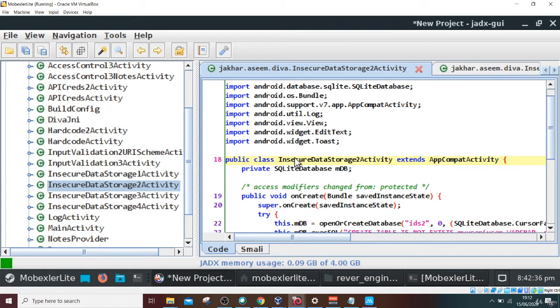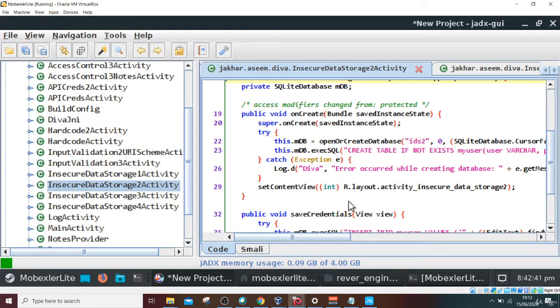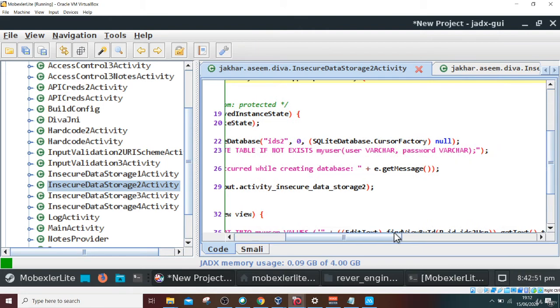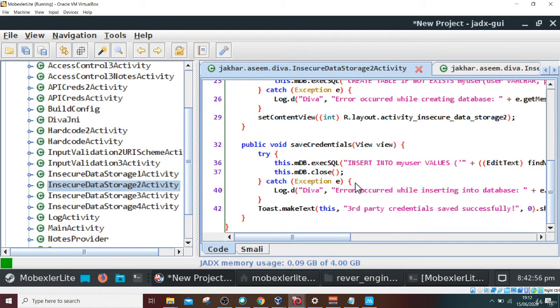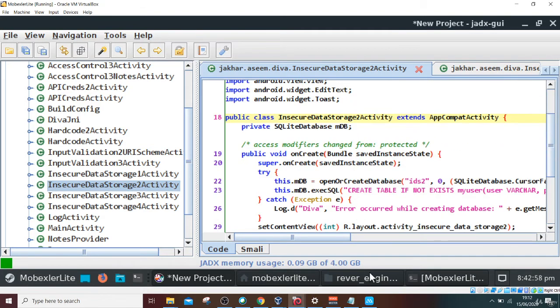If we observe it here, we can see that this is calling some SQLite database, and whatever details are entered are being stored in that database. It says create table if not exist, password varchar. That means all the sensitive details are stored in plain text.